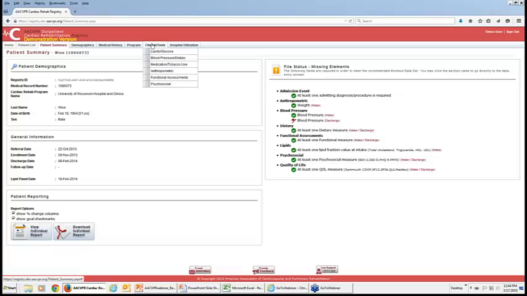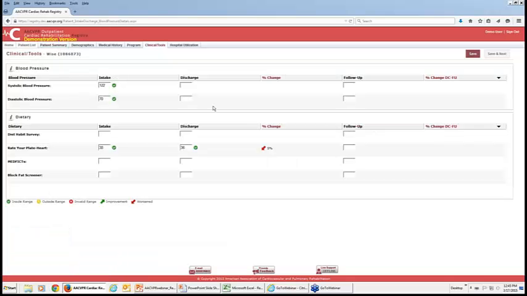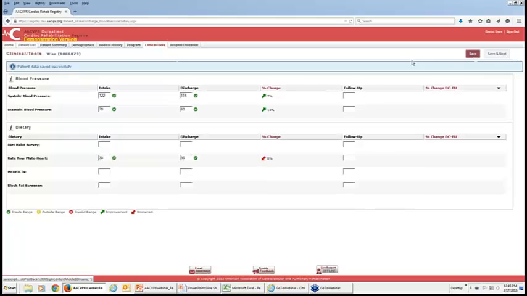We can go into the clinical tools and go to the blood pressure page, or if you just click on the header for that section, it'll take you right to that page. And then we'll enter the blood pressure. We'll save that, and we'll go back to the patient summary.